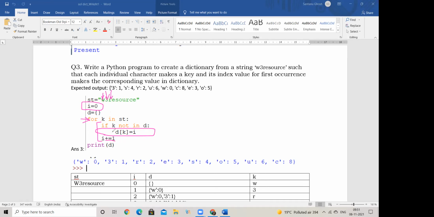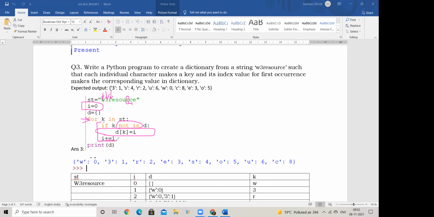If I am updating the position for W, which will be stored in K, how will I pick up the position? I. Next time, I again. Though I will be available here also, what will be the value of I when K picks up this R? 0 1 2 3 4 5 6 7. But it will not do the updation because the character is already present in the dictionary and my condition here is not in, so it will not do the updation, but I keeps on incrementing itself.